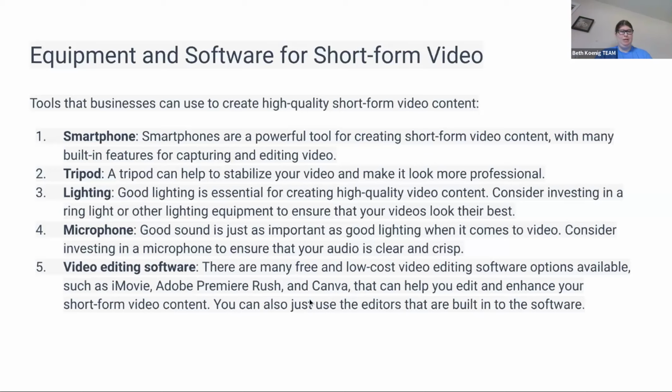But I'm finding that the editors that come up are just as easy, if not easier